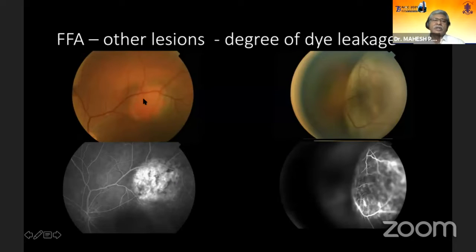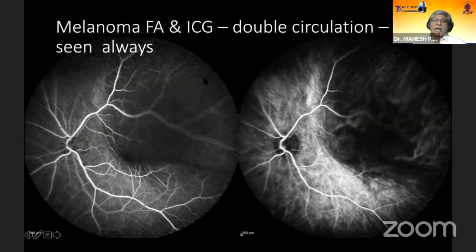For instance, this is a solitary choroidal hemangioma, which shows early hyperfluorescence on fluorescein angiogram and does leak in the late phase. In contrast, this is a melanoma, which does not show so much hyperfluorescence as a hemangioma, though it does show some amount of leakage in the late phase. This is what the textbooks will say, but the disease does not read the textbook, so it doesn't always hold true. Another feature of melanoma in angiography is the double circulation. The simultaneous filling up of the retinal and choroidal vessels is what we call double circulation. That may be seen in melanoma, but it is not always the case.